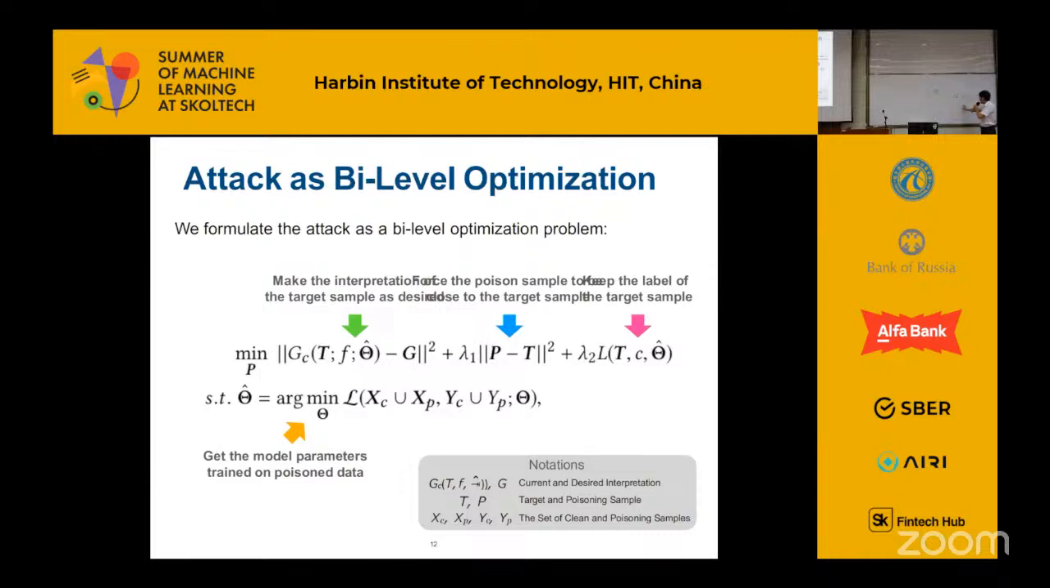This means that the target sample has to remain classified as C after the parameters are changed by the poisoning attack, because we know that the model will be retrained on the poisoned data. So the CT right here is not a benign model. We have to make the target sample make the same decision compared with the original benign sample. And the condition here, subject to beta is